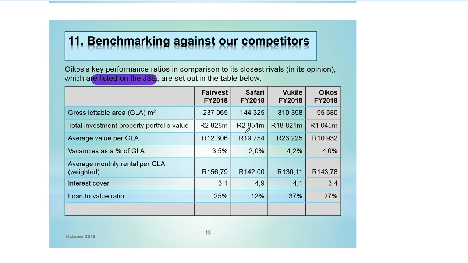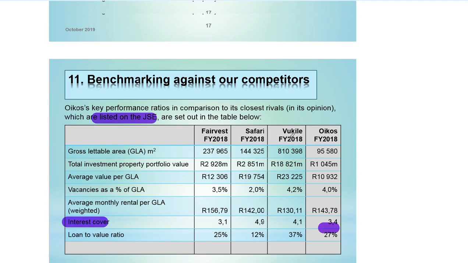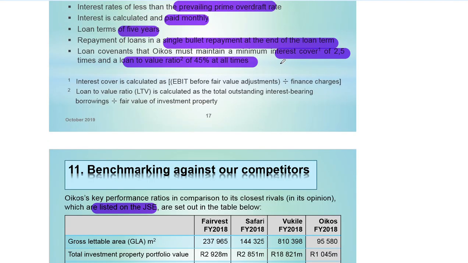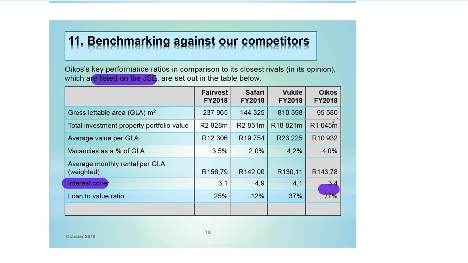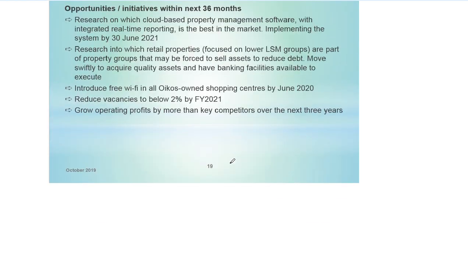However, you need to remember these are the big dogs. These companies are big and they're listed on the JSE, and Oikos is just a privately owned company, not yet listed on the JSE, and it's just a family group. So now when you see this interest cover, you can see it's already not in compliance with what is required per their loan covenant, which is now a problem. And then also just understand all this in terms of the investment property market space, because it is very important for your understanding.